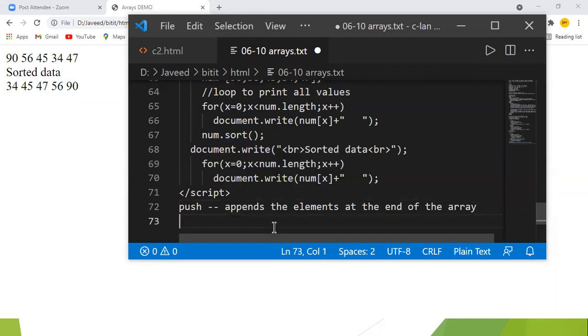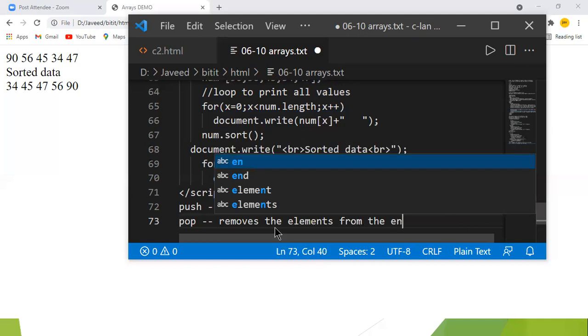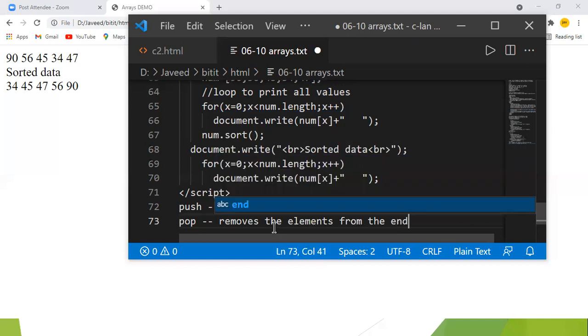Similarly, we have one method called pop. What is this pop? It removes the element from the end of the array. So pop and push, we have two options. Push will add at the end. Pop will remove from the end. We'll see that example.